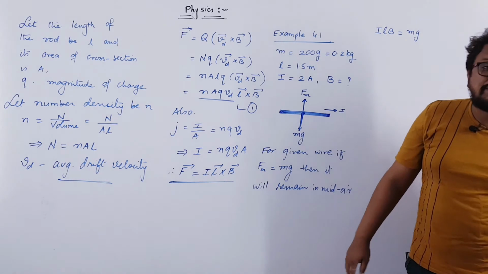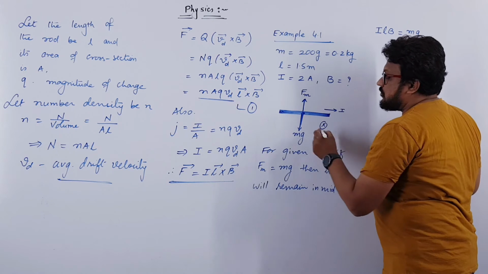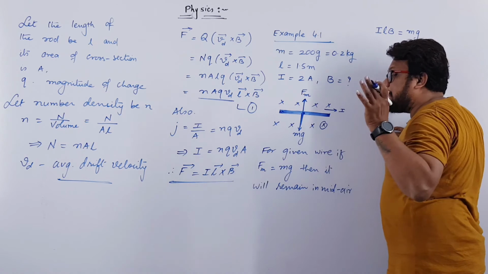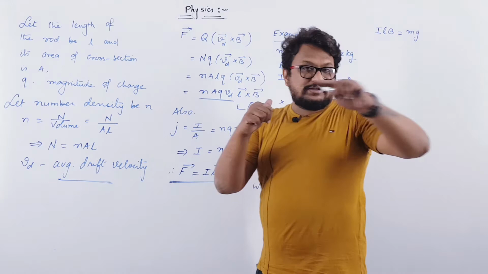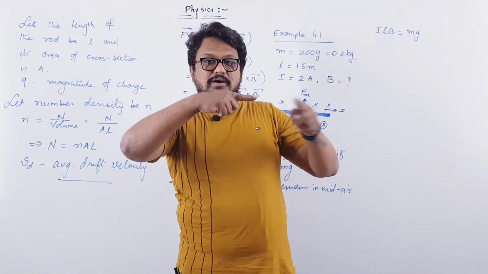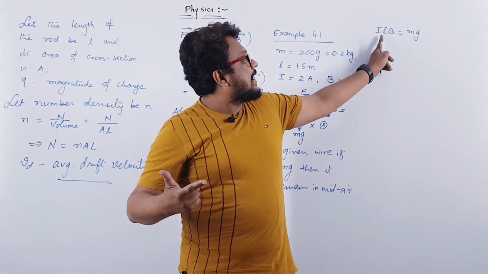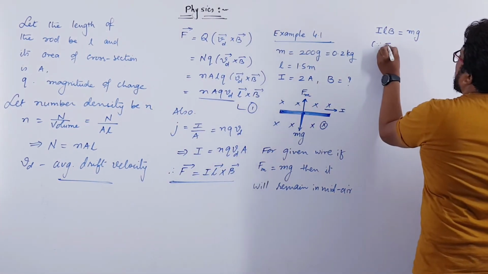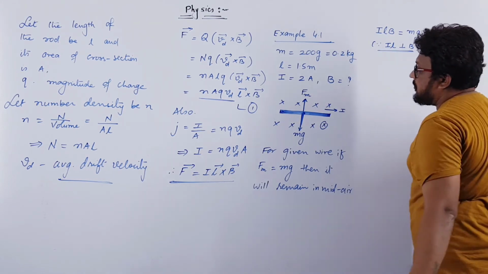Okay, it is given that the magnetic field is inside the plane of the board. The cross sign is given like this. As we have discussed, cross indicates the magnetic field is perpendicular to the plane of the board and it is entering inside. So the magnetic field is inside, that is in the direction of this thumb, and current is in this direction. So both are perpendicular to each other. So magnetic force will be ILB because IL is perpendicular to B.